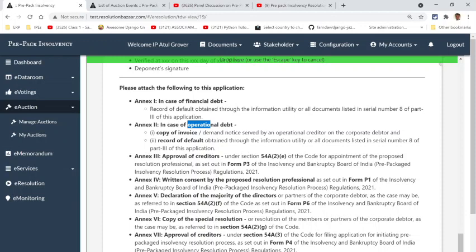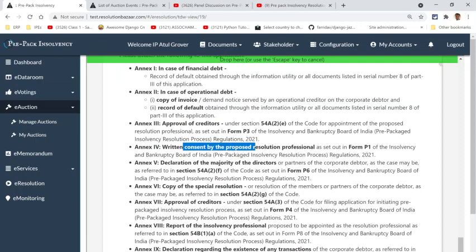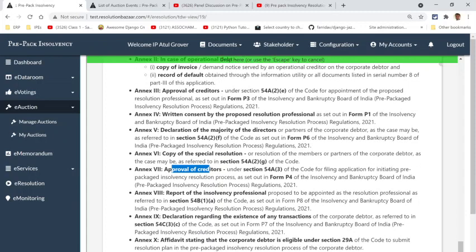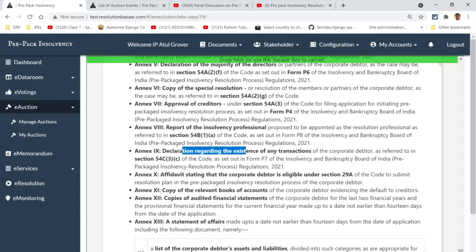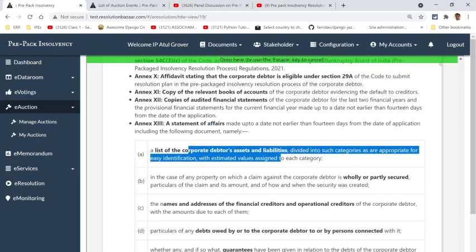In case of operational debt, you have to collect copies of invoice, default, approval of creditors, written statement of proposal, resolution declaration by the majority of the directors, copy of special resolution, approval of creditors, a report of the insolvency professional, declaration regarding the existence of any transaction, affidavit stating that the corporate debtor is eligible under 29A, copy of relevant books, copy of audited financial statements, and statement of affairs. Statement of affairs would then further have a list of assets and liabilities.